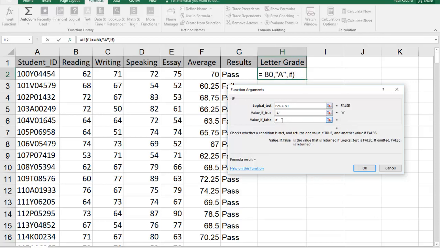With the IF, F2, the value of F2 is greater than or equal to 70, then the letter grade should be B. And if this condition fails,